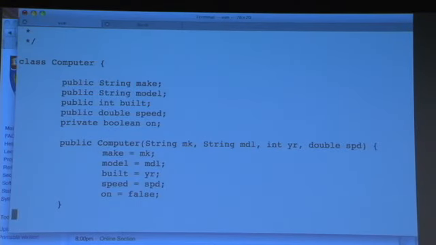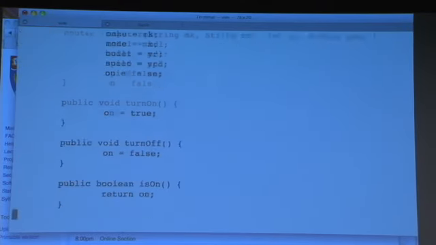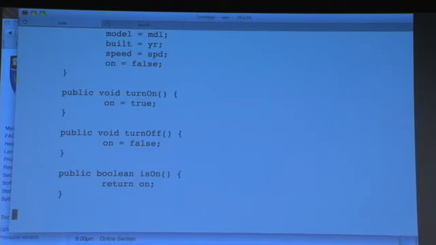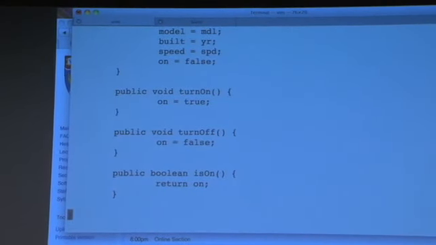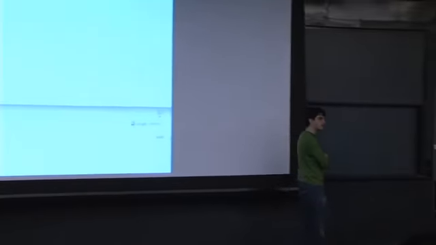We can take all of this data, have a constructor for it, and have a whole bunch of setters and getters. We could turn on the computer. We could turn off the computer. We could ask the question, is it on? We could do a whole variety of things and implement a whole